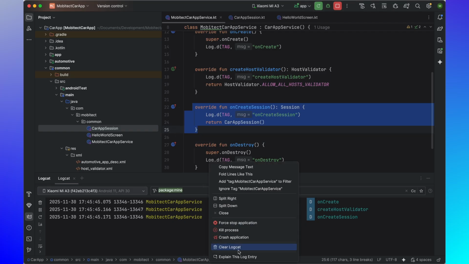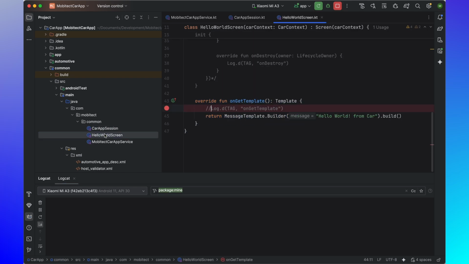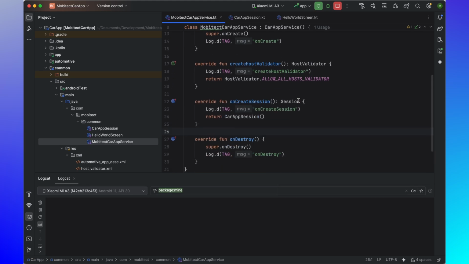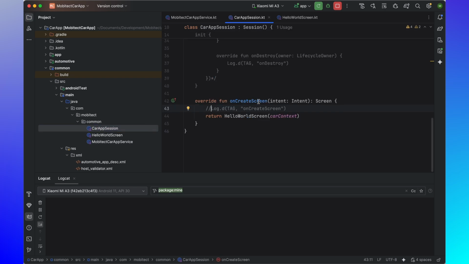Now we will re-enable the logs of CarAppService. Now we will re-enable the logs for CarApp session. So